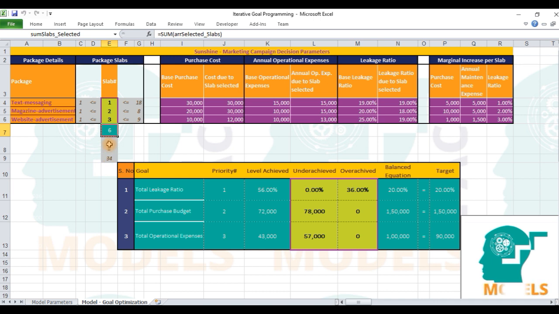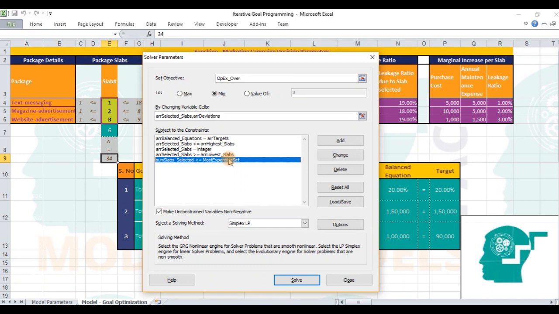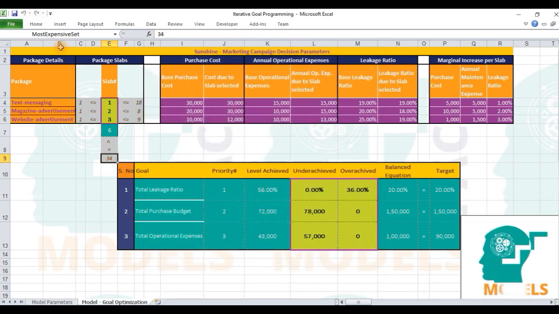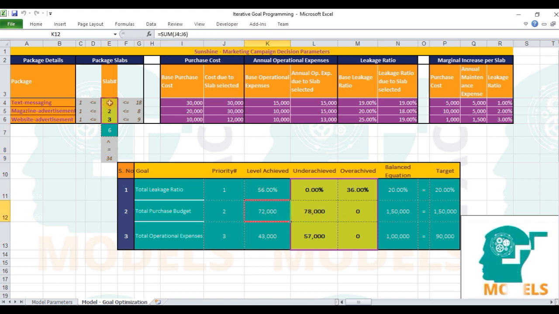Since linear programming conditions must be modeled as less than or equal to conditions, we change the right-hand side of the strict equality to the next lesser number, that is 34, and change the sign to a less than or equal to. You are wondering, why do we even need to specify this SumSlabs_selected condition? Isn't this a redundant one, since the second budgetary goal would automatically select those values of the 3 slab numbers that restrict the total purchase budget to within